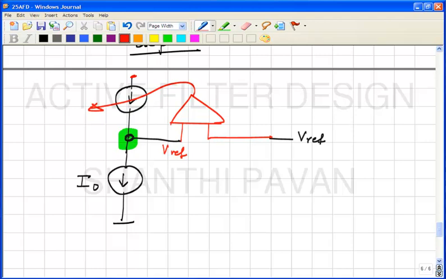If this voltage is smaller than Vref, it means that the push-in current is too small, right? So this guy will go and kick this current source to push in more current. The voltage will keep increasing. The moment it reaches Vref, these two potentials become identical, which means that this stops pushing the current source, and by definition, therefore, this current must be I naught, because this potential is not changed.